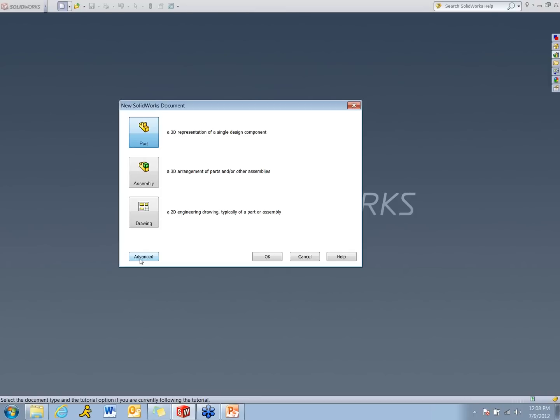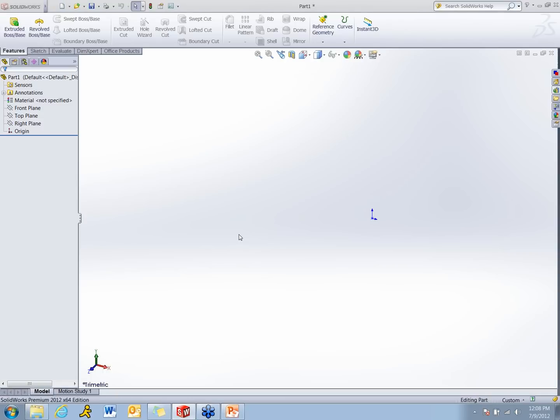Now in this case, we just want to use the part template because we're going to be creating our templates out of the original part. So here I go, I open up a part. Now I don't care what units this is, I don't care what standards it is, because I'm going to switch it all anyways. Okay? The way you do that is to go up to your tools options,